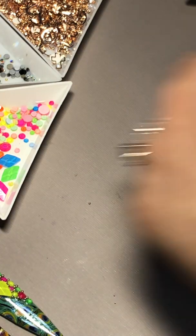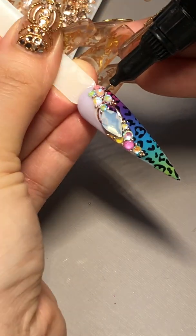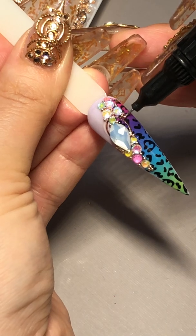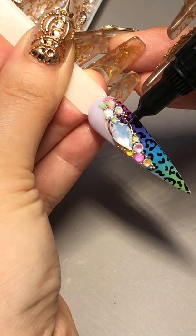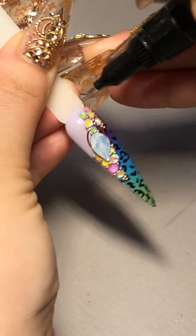As usual, I always repeat this because it's really the key to helping the clients feel comfortable wearing this beautiful crystal placement, as well as a lot of other accessories on their nails: keeping the crystal staying in a nice place so it's not gonna catch on their hair and their clothes, or if